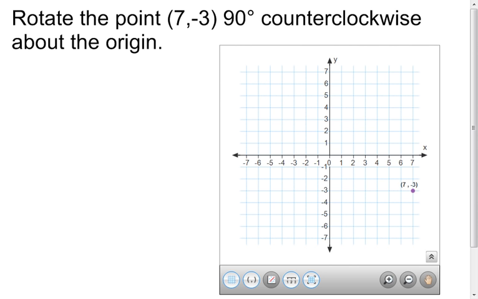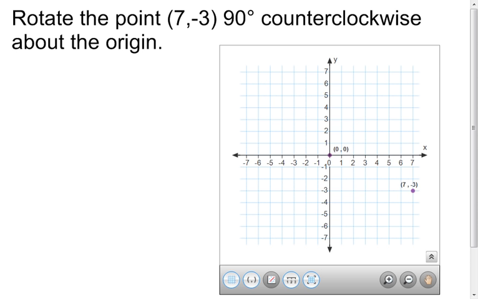Let's get the coordinates out there. And then my center of rotation is going to be the origin. There we go. Now I could grab my compass and my protractor and my straight edge and go through and rotate this. However, what I'm going to do is think about, if I'm on the coordinate grid